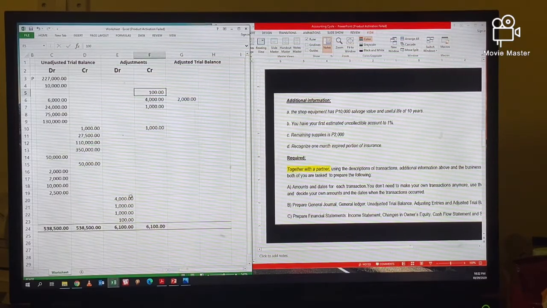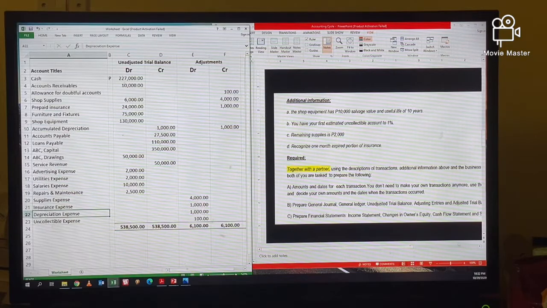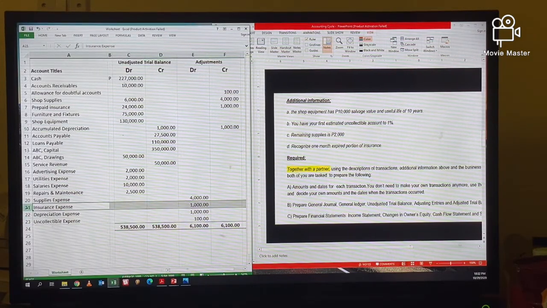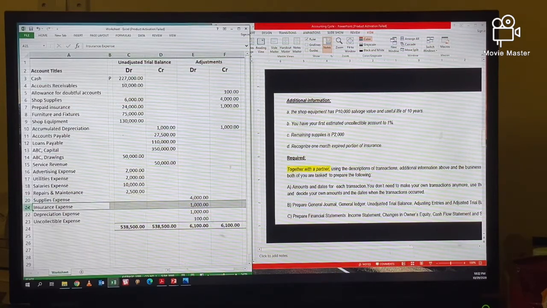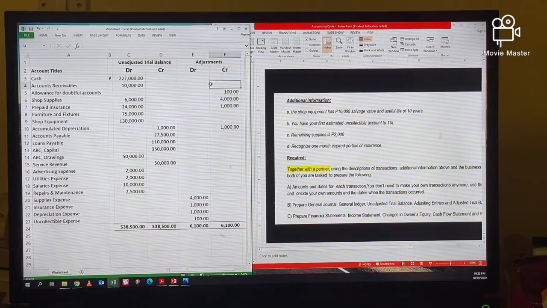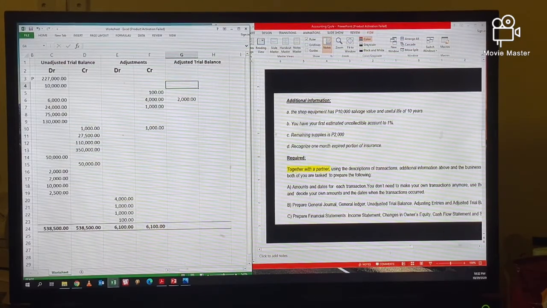So, first is the recognition of our depreciation expense. Second is the recognition of our uncollectible expense. Pangatlo, recognition of our supplies expense. And then the fourth one is a recognition of our insurance expense for 1 month. Okay? So, dahil dyan, now we will create our